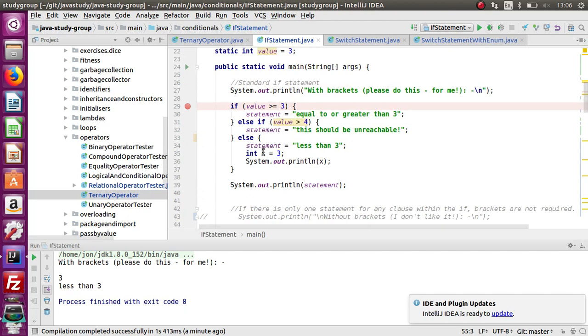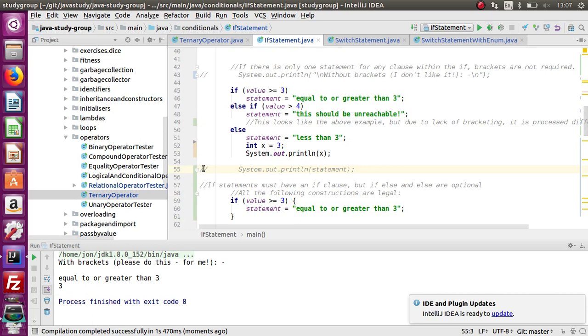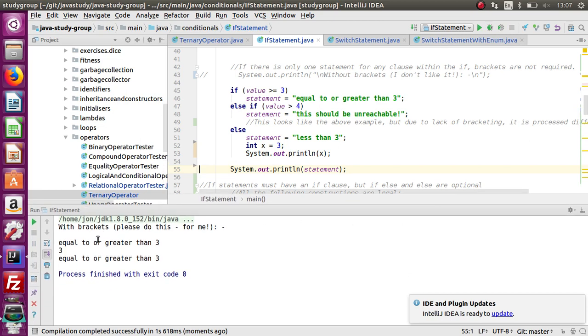In the first one we get equal to or greater than 3 and 3 being printed there. In the second one we don't get that 3 being printed. So can you see? They've done a similar thing, but that 3 hasn't been printed there,